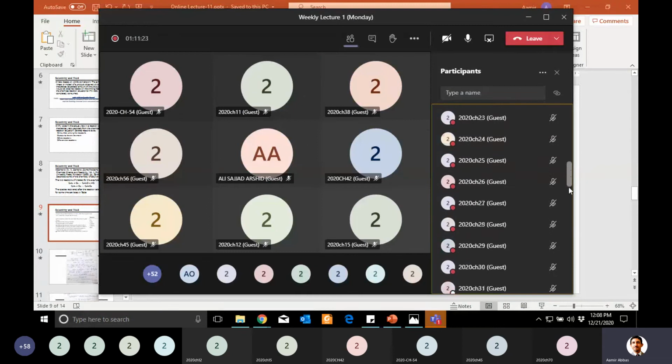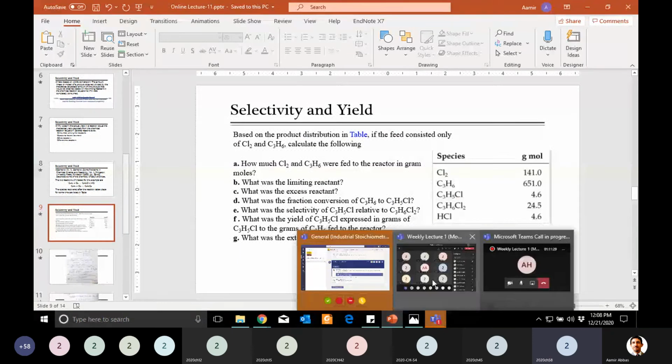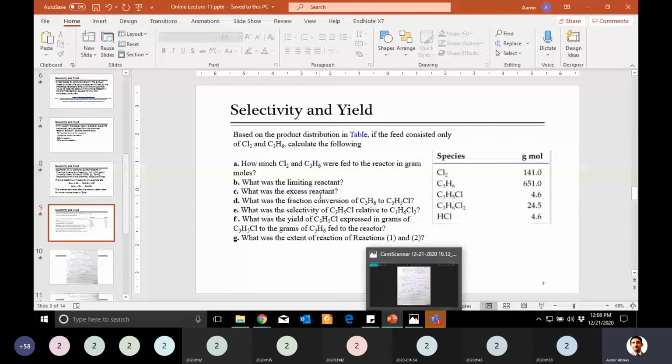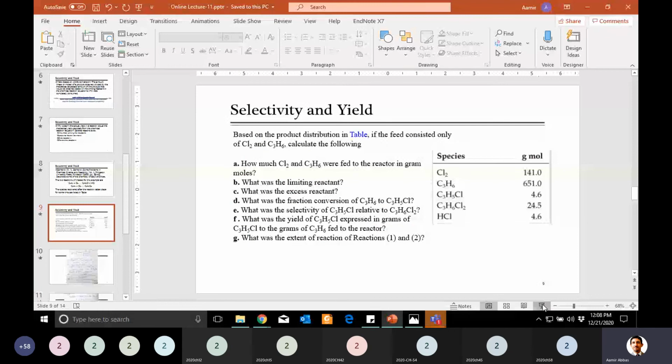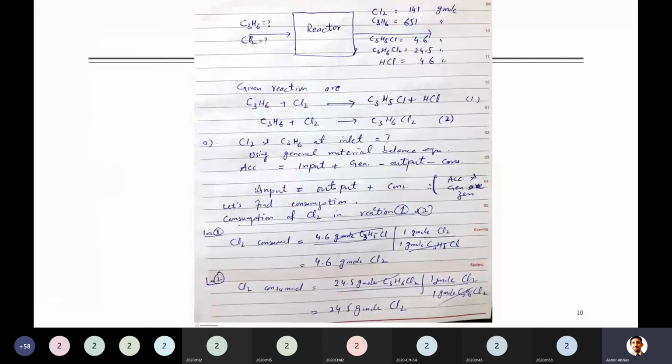हाँ, I think अब mute ही है। सर अब आप अपनी बात repeat कर सकते हैं, क्योंकि वो काफ़ी distortion उसकी वजह से create हो रही थी। सर वो कह रहा था, ये यहाँ पे मैं इसको discuss कर रहा था ना, चौथे part को, fractional conversion का formula आपको पता चल गया था। Yes sir. Moles reacted over moles entered, तो वही बताया है कि मैंने यहाँ पे जो किया हुआ है, total mole जो इसके react हुए हैं वो 2 reactions में हुए हैं, तो उसकी total amount divided by total entry into the system।